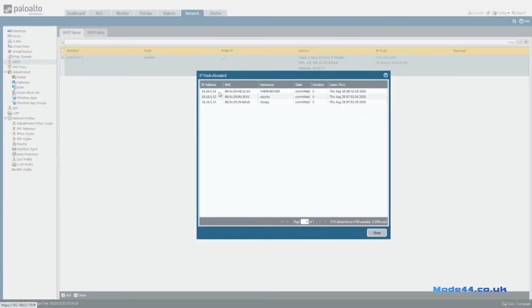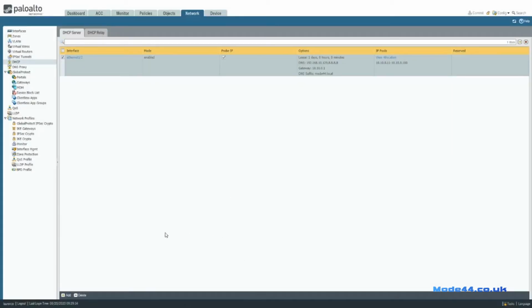You can view the allocation here, and here's something that's quite interesting, as when I did this before, I've obviously got the lease there, so I'll show you how to clear that. But also here is the MAC address, so I would be able to use that to allocate an IP to this. So if I wanted this always to be .11, then I'd use that MAC address and allocate it there. Now, interestingly enough,